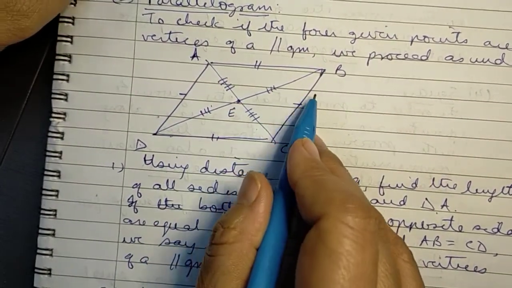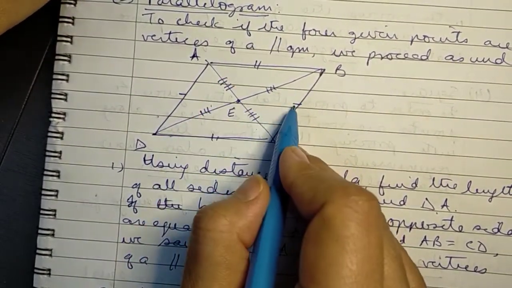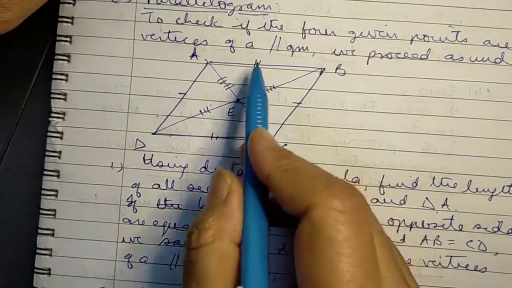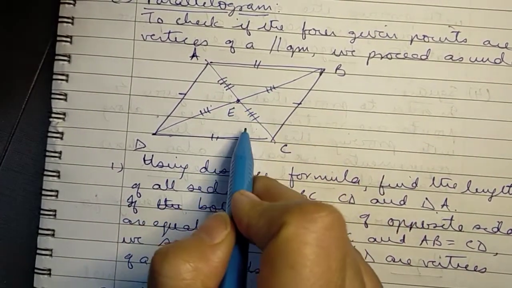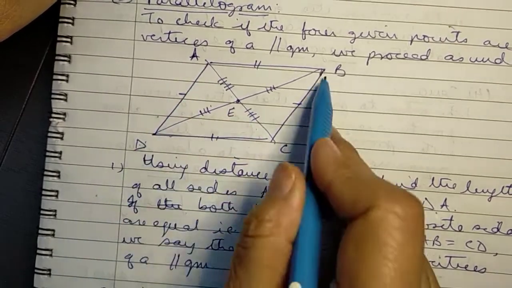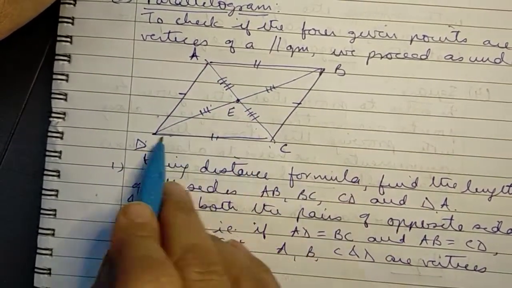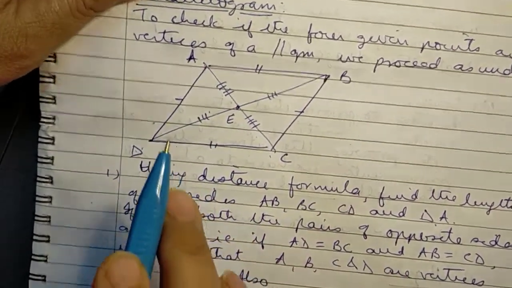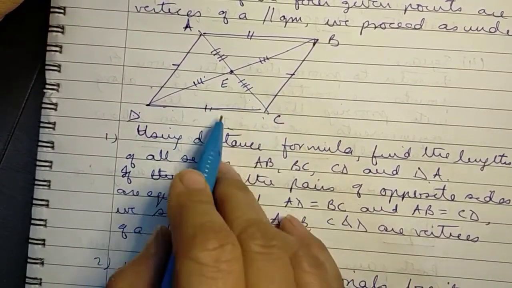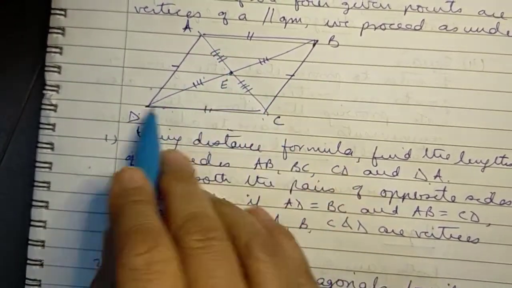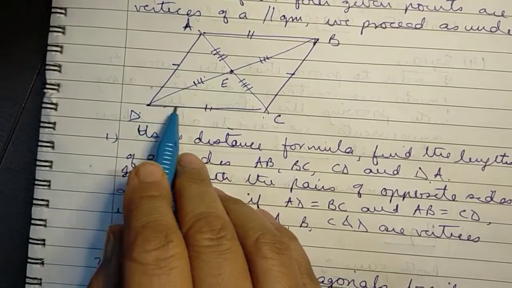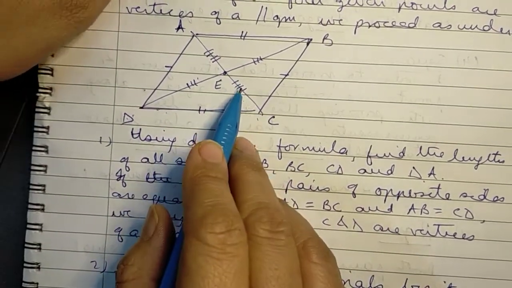Once we are done with the distances, we simply show that both pairs of opposite sides are equal, that is, AD is equal to BC and AB is equal to CD. And once we show this, we are done: A, B, C and D are the vertices of a